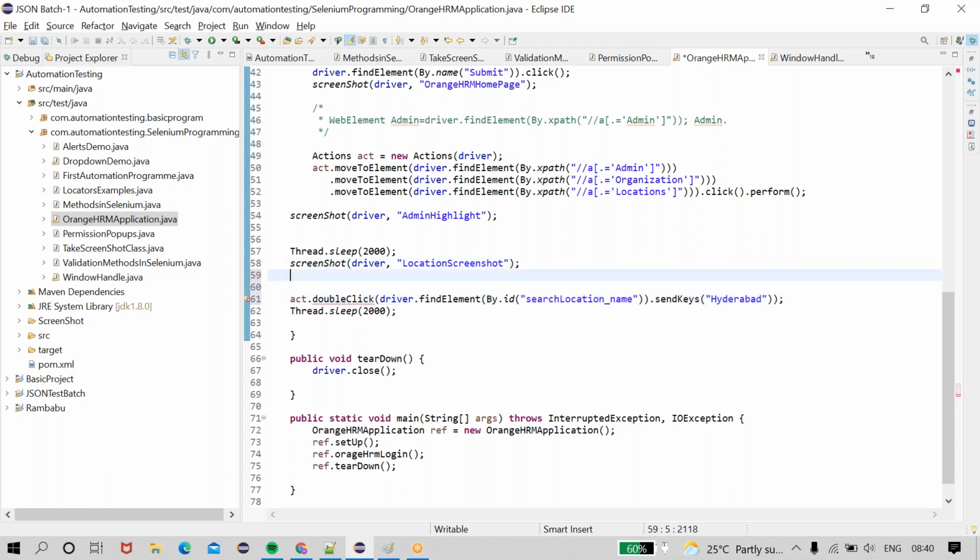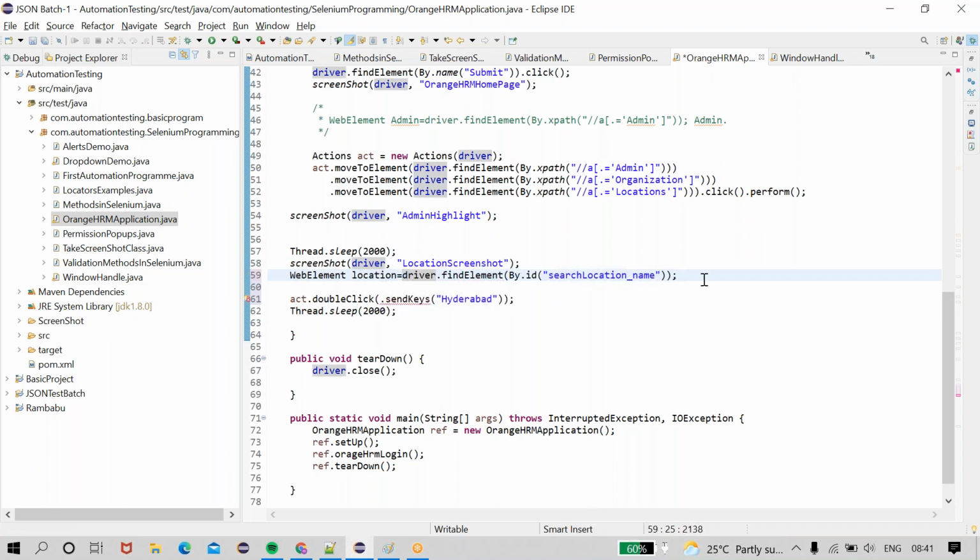Okay, I can do one thing so that you can easily understand. I am performing more than one operation on this web element, so I am storing this as a web element; the return type will be WebElement. I am going to take it as location.